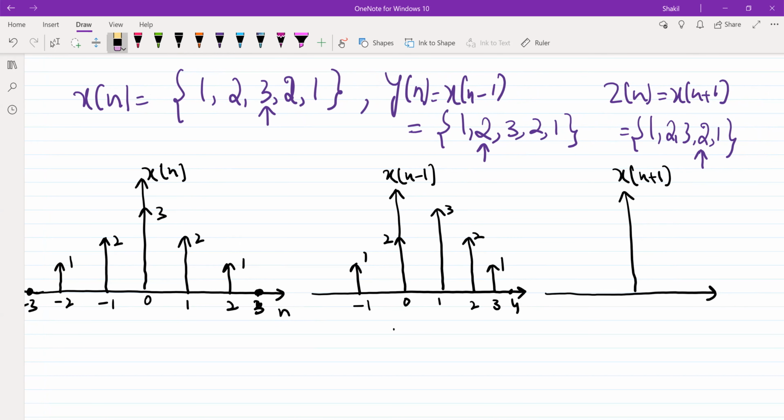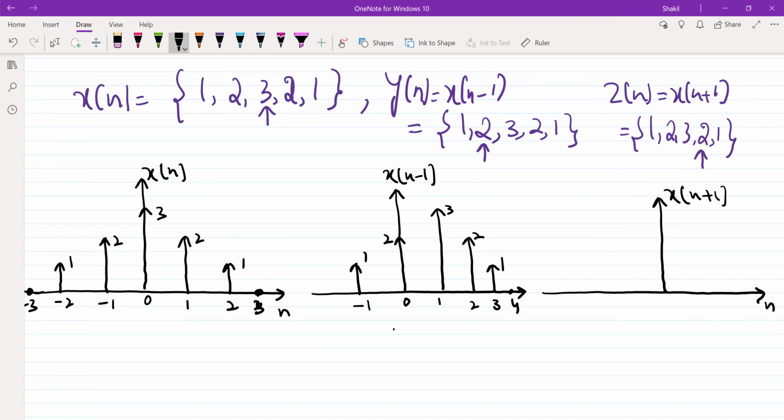Let me clear this axis first and redraw the axis. So this will be my n axis. So values of the signal are... let me redraw this again. Values of this for